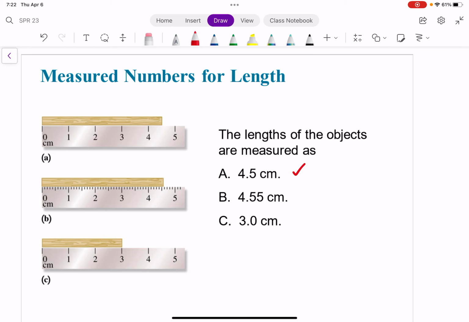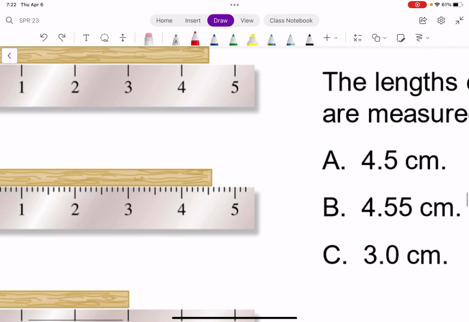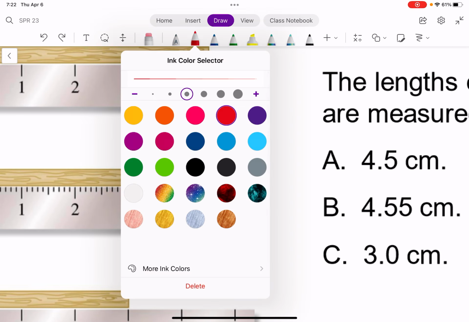For B, we are thinking the length of the object is 4.55 centimeters. Notice we get an extra digit here. The reason we have that extra digit is because now this ruler has more tick marks. More tick marks means that we can make more accurate estimations, because if we have a tick mark here at 4.5,